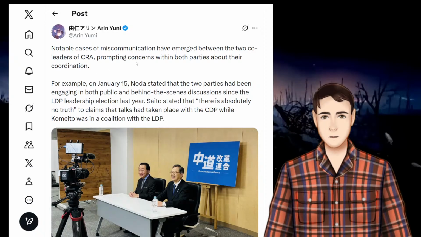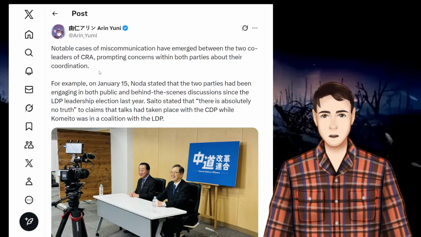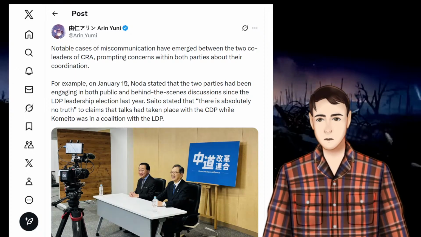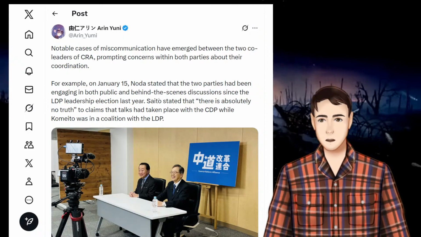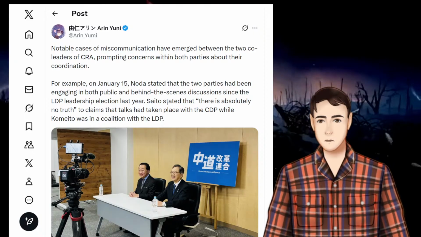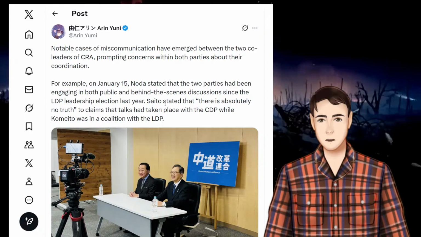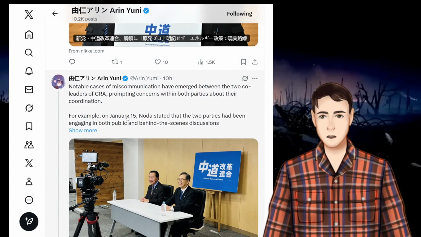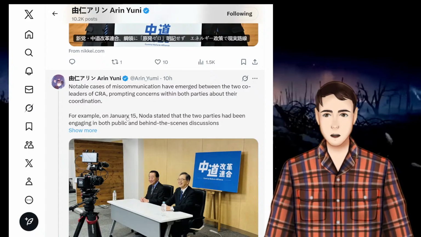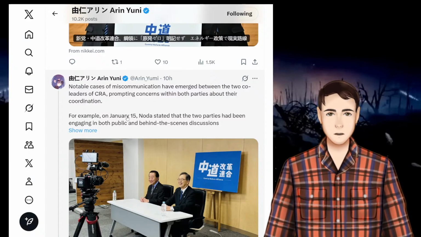Notable cases of miscommunication have emerged between the two co-leaders of the CRA, prompting concerns within both parties about their coordination. For example, on January 15th, Noda stated that the two parties had been engaging in both public and behind-the-scenes discussions since the LDP leadership election last year. Saito said that there is absolutely no truth to claims that talks have been taking place with the CDP while Komeito was in coalition with the LDP. Sounds like a clown show, but maybe it might have enough weight to actually hurt the LDP's chances of winning